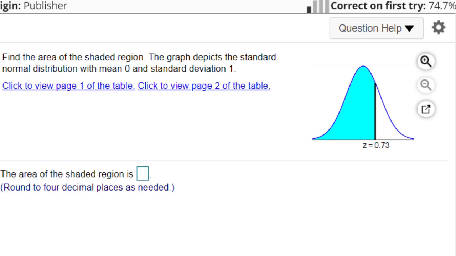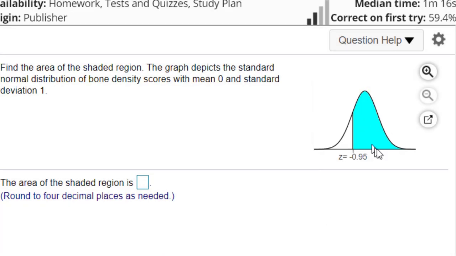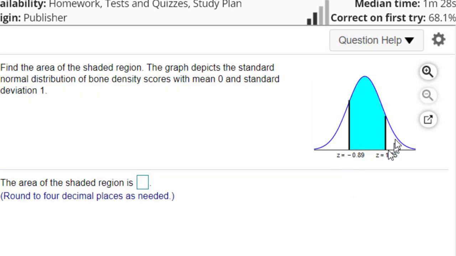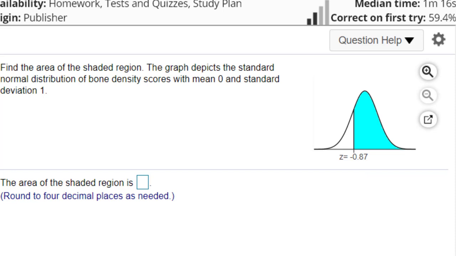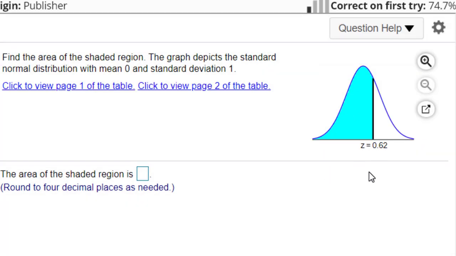I want to work some problems today showing you how to find the area for these normally distributed graphs, okay? And it basically ends up boiling down to kind of three different scenarios. You have the ones where it's shaded on the left or the right. And then the third scenario is where you have shaded in between two values right there. So we're going to go through these three problems here and look at how you work each one